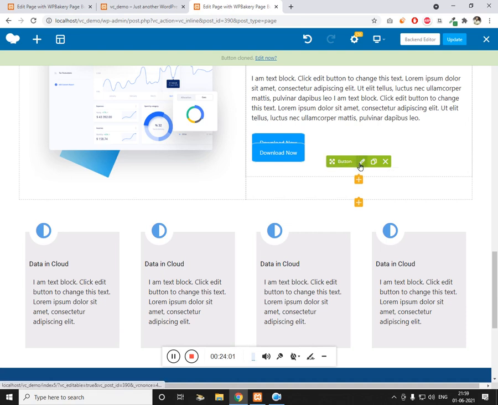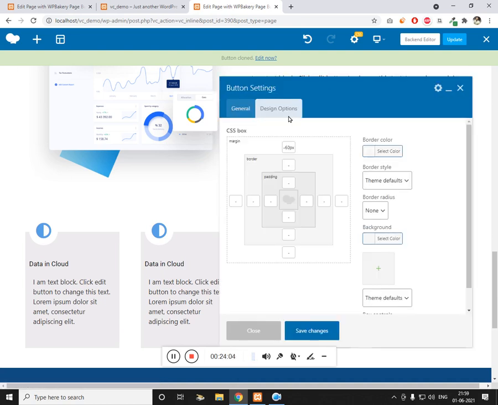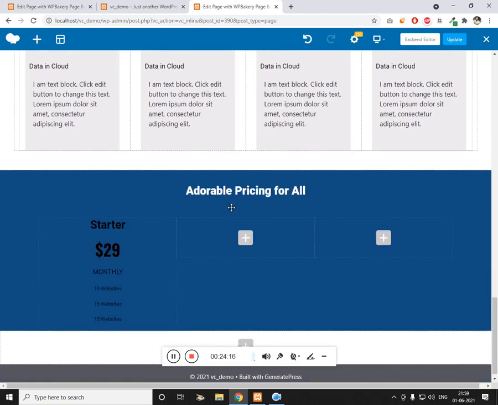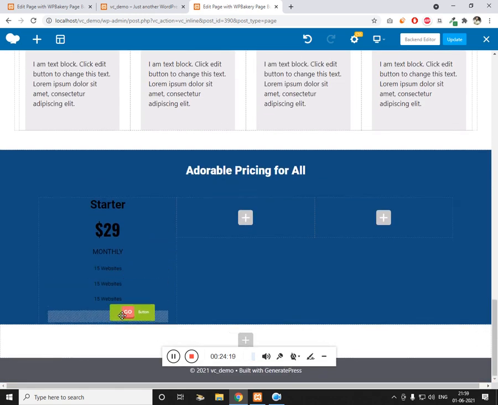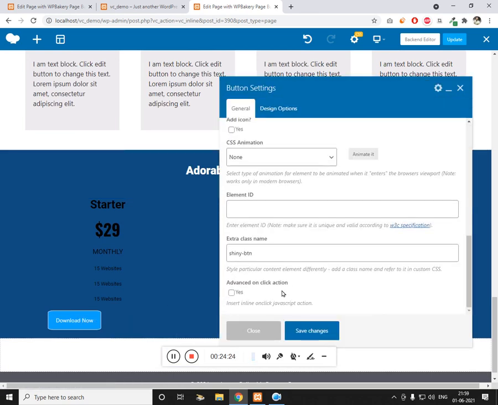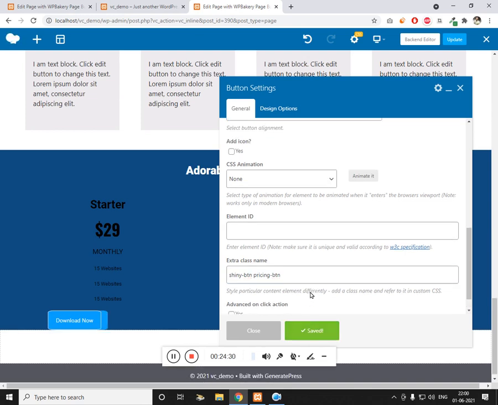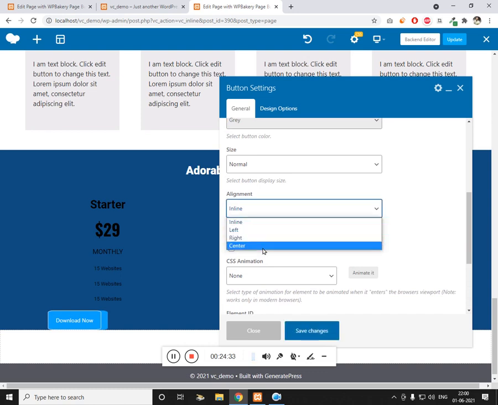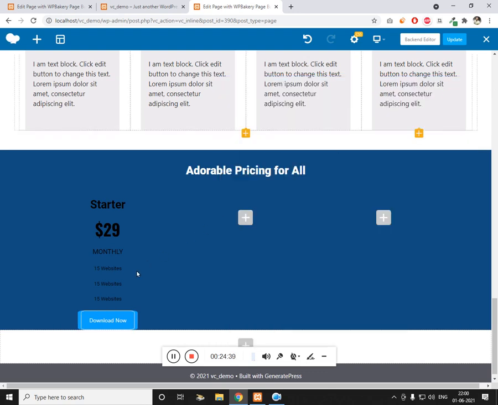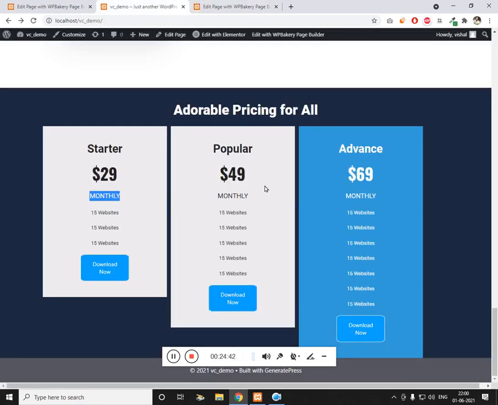So let's remove the margin before placing it. Cool. Let's just make this center, or let me give the class. So center. Cool. Now we just have to make a copy of each.